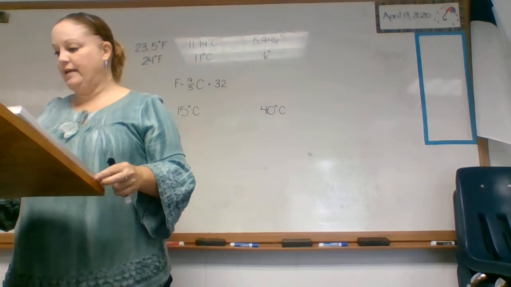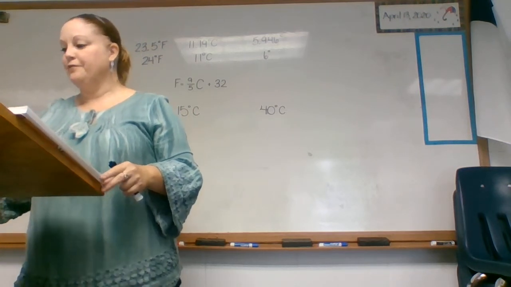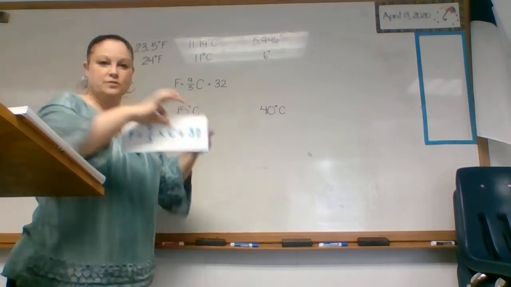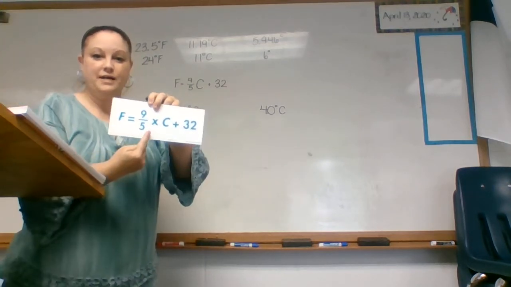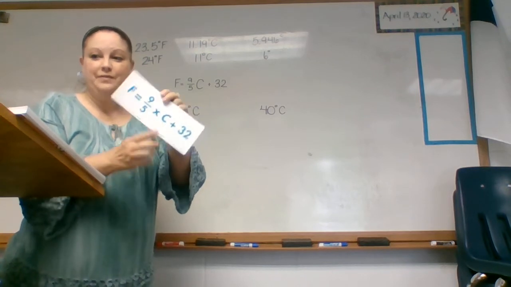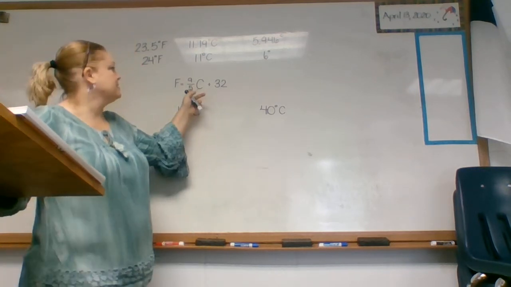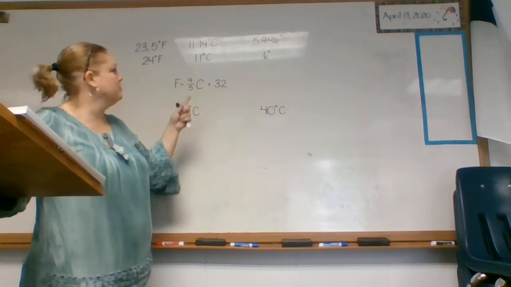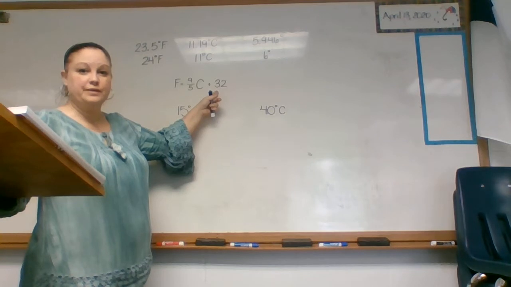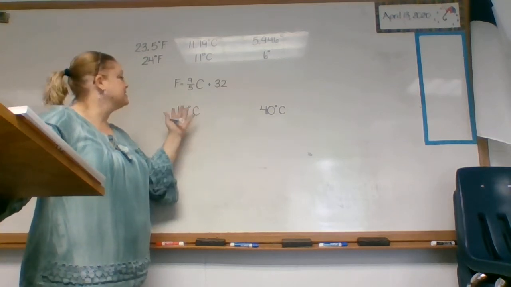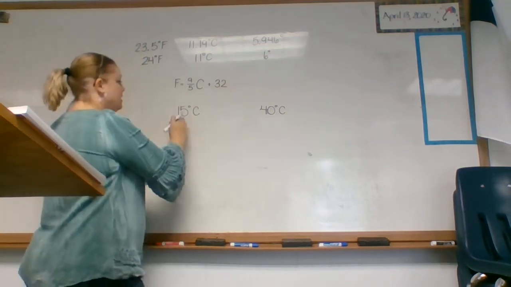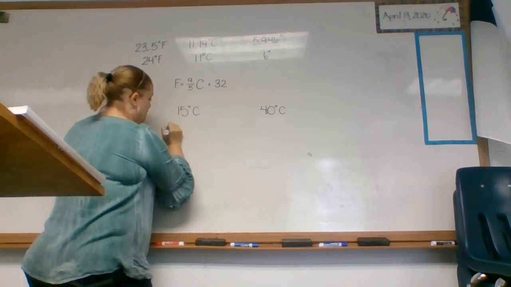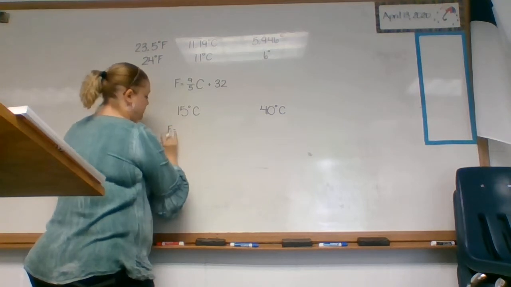So page 268. Notice we're converting from Celsius to Fahrenheit and we're using the formula. Now it's the same thing as this. We just learned that we don't need this symbol and we're practicing not using it. So when I have 9/5 directly next to the C, I still know that I'm multiplying and then I add 32 degrees. So let's go ahead and set up our formula, substituting in that Celsius temperature for C. So F, Fahrenheit,